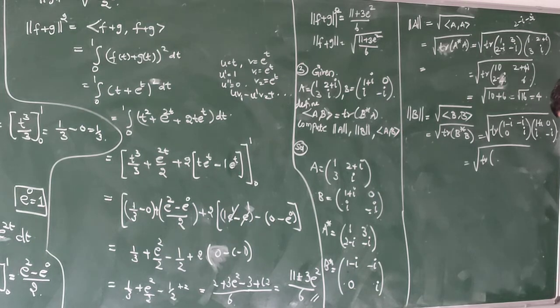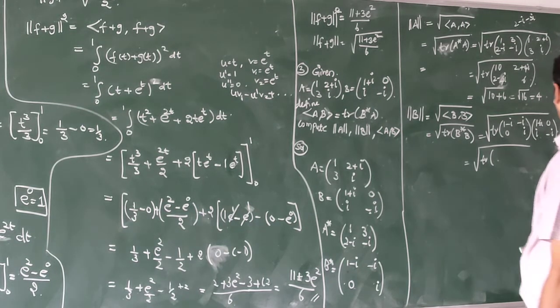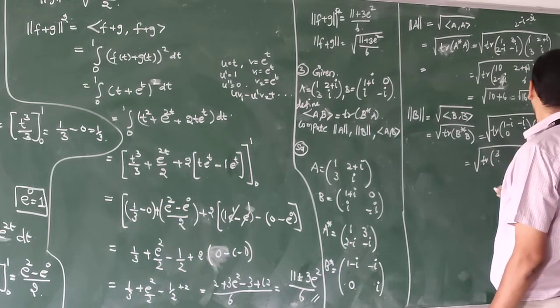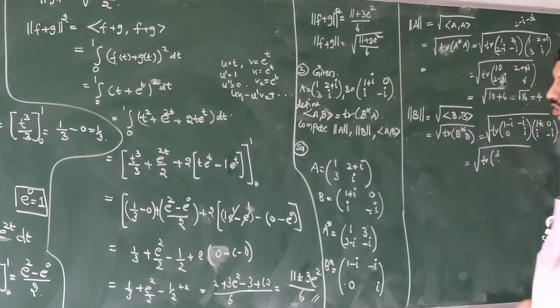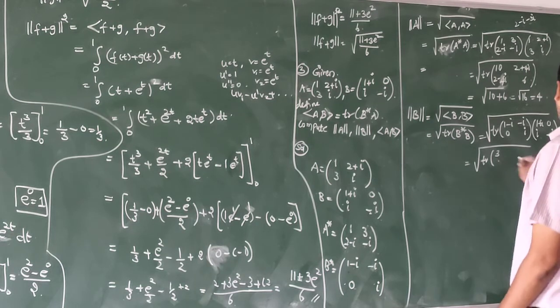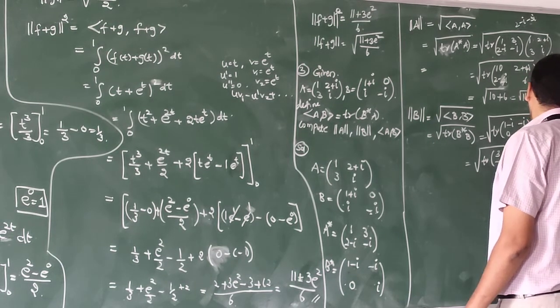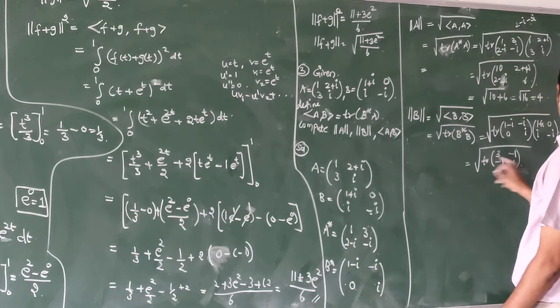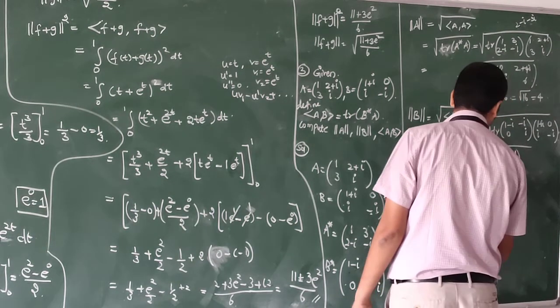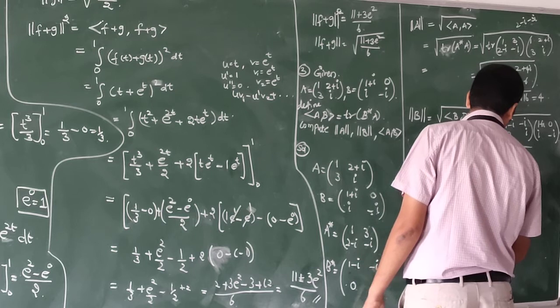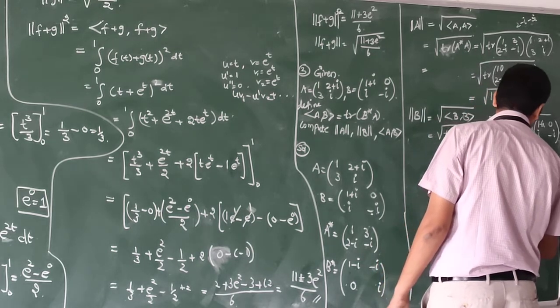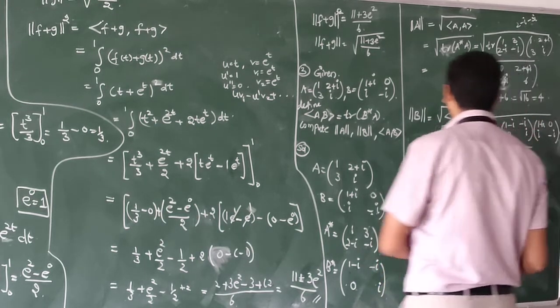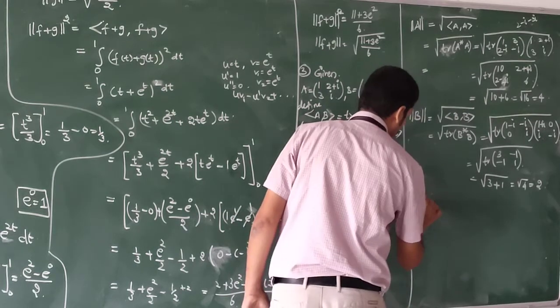So, at last we will get 3 and then minus 1 minus 1 is 1. So, if we multiply this we will get at last the answer as this one. So, we have to calculate the trace of this one. So, that is nothing but root of 3 plus 1 equal to root 4 equal to 2. Next one you have to find the last one A comma B.